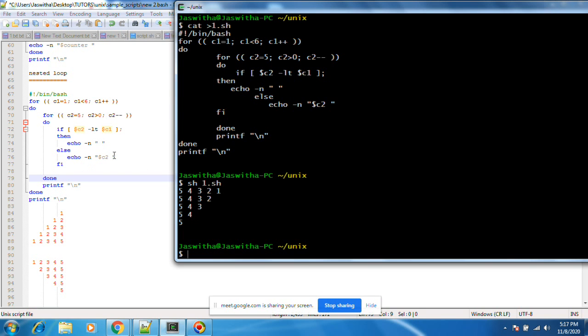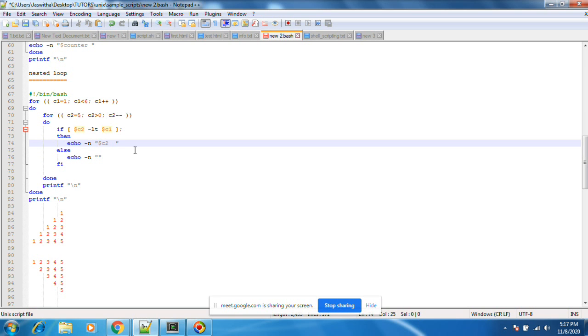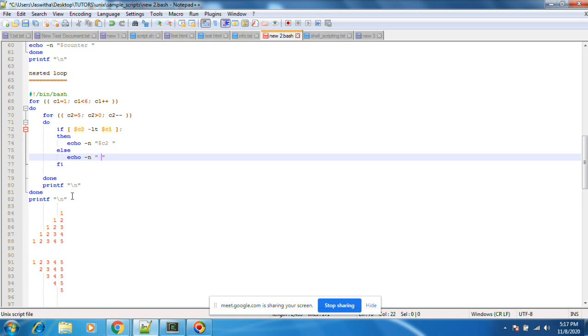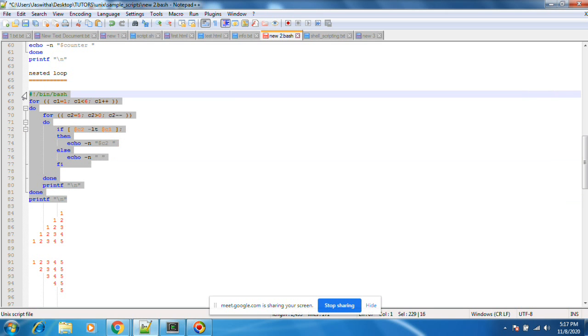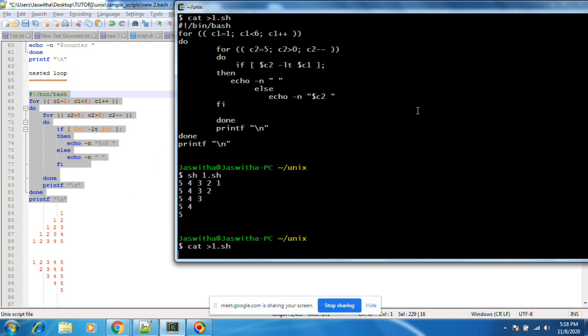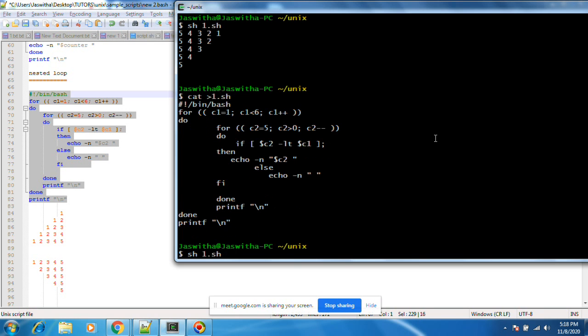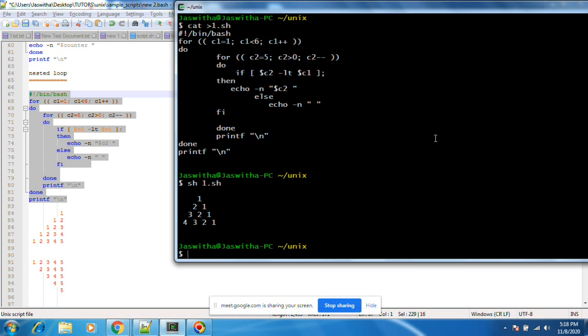If I keep this thing inside this, let's see how it works. Something will come. You see, it is coming like this.